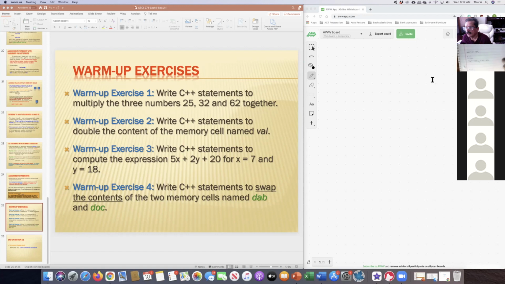I forgot to add the semicolon for the last one. Okay, I'm now looking at Anissa's work. The assignment has to, the equal sign has to be on the left side. Okay, now I'm looking at